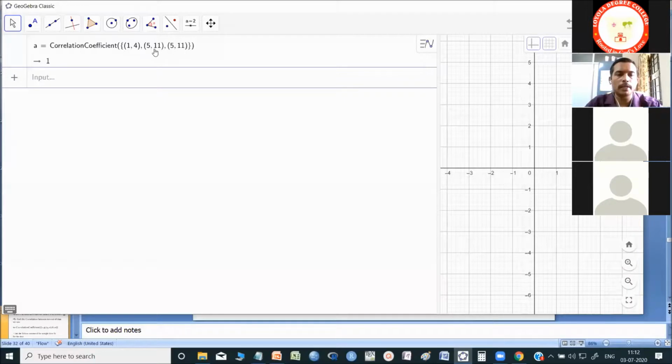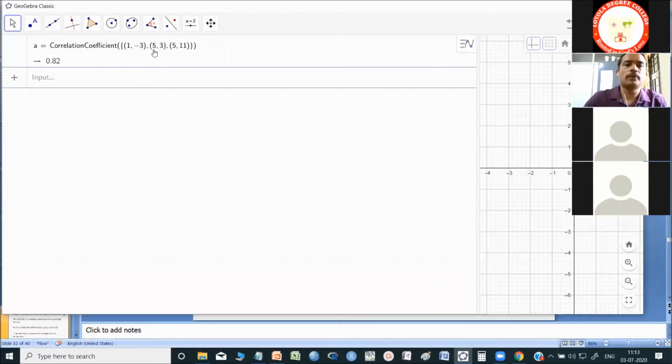You can give negative also. Again, it is perfectly correlated. Now you can see that it is 0.82, not that correlated. I have the coordinates here. The correlation coefficient for these comes out as shown.